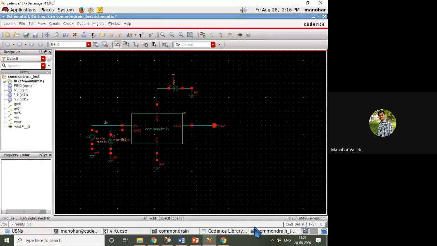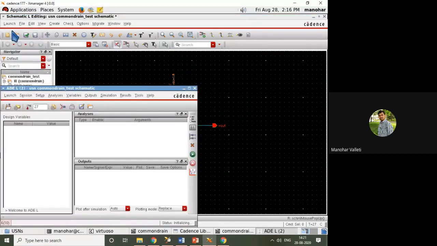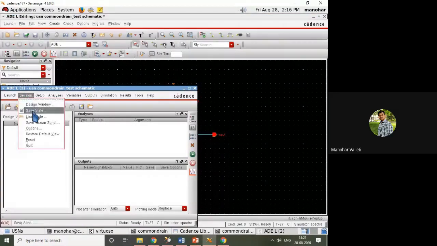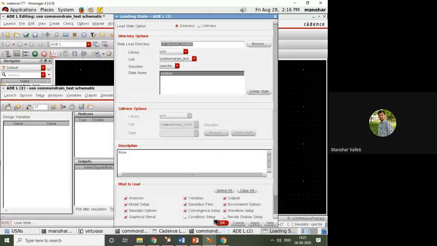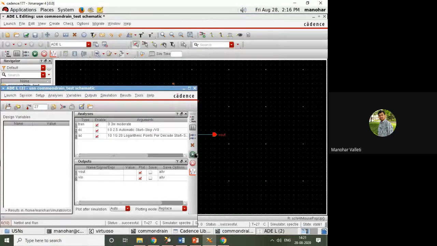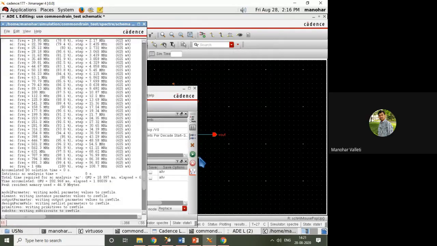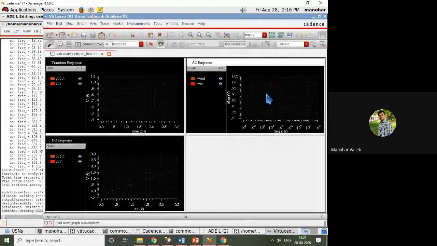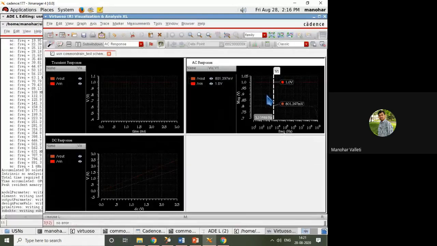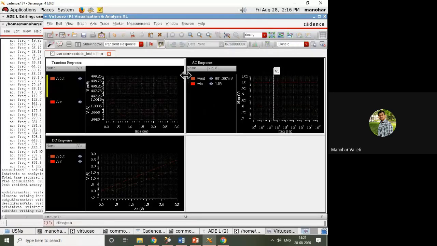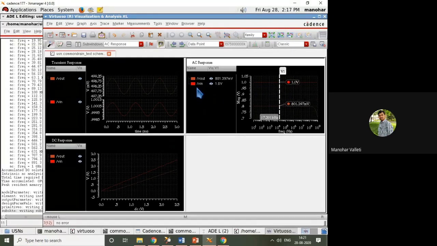Check and save. Only this I am doing to improve the output. You see here now 801. Previously 770 you got, so somewhat near to trying to bring near to 1 volt. Same way here. So I'm getting the proper expected waveforms.